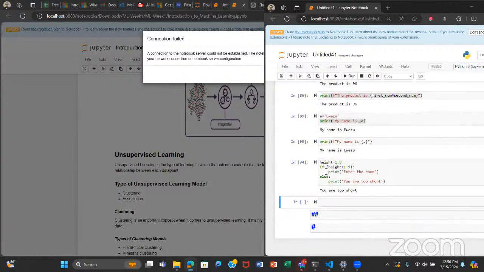So let's say we check a first condition and it's not met. Let's say we now want to check a second condition.